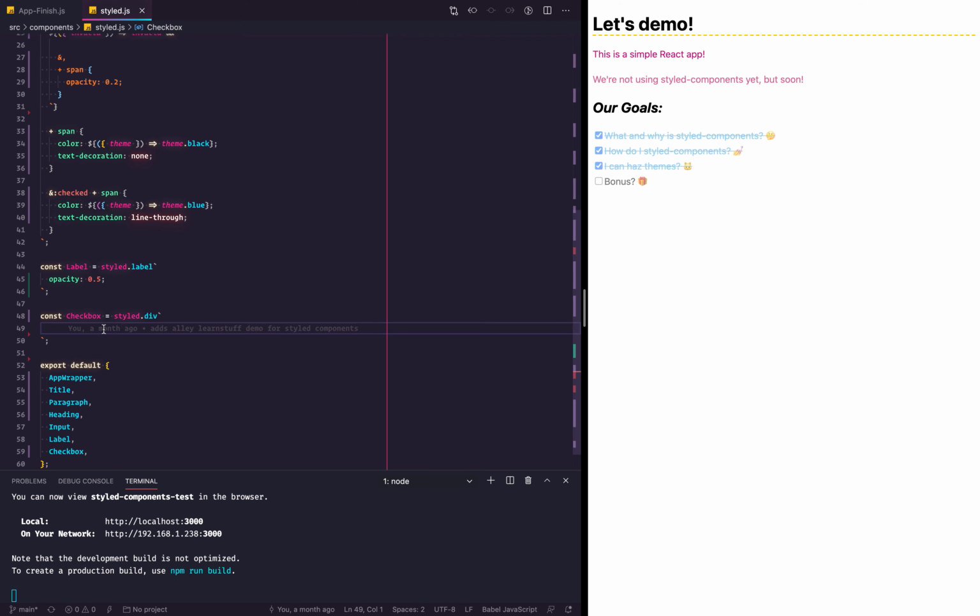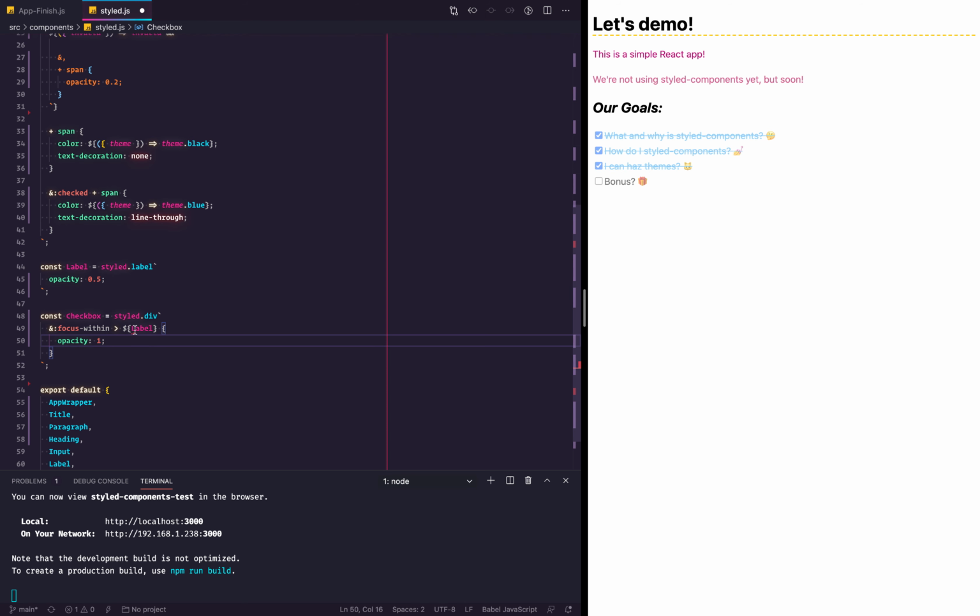We can do that simply by doing the following. We're going to reference the parent, in this case Checkbox, add the focus-within, and then immediately reference the label. So in the curly braces here, we reference the component directly